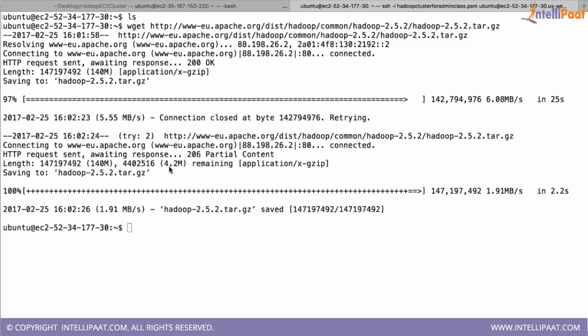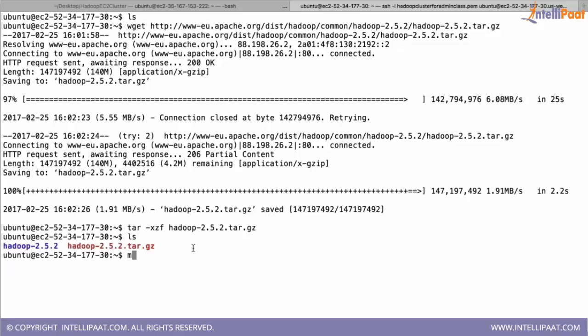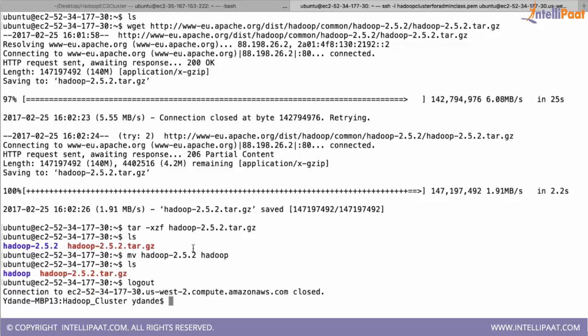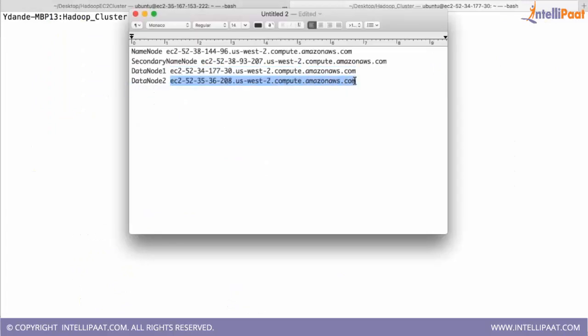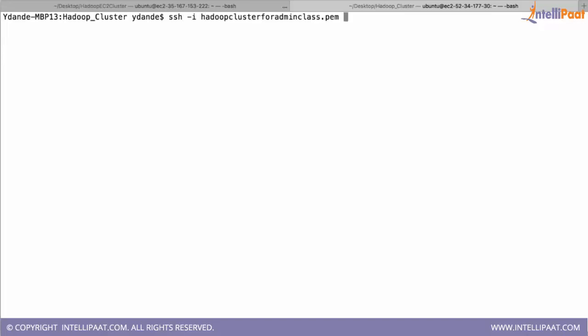We can copy the same folder from those machines. Okay, I just renamed it. I'm doing the same thing on my data node 2.